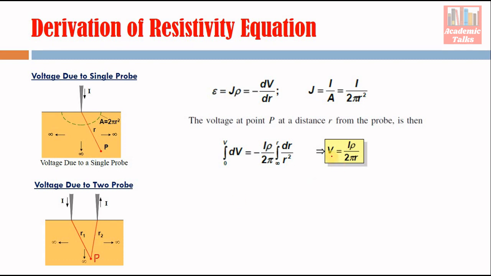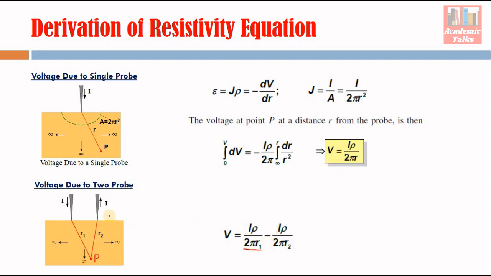So from this equation we know that potential at any point will be given something like this. First we will calculate potential at this point because of the first probe, then because of the second probe, and then we will add them together, right? And this equation will be something like this. So this is because of this first probe. You see R1, and R1 is here. So you see here there is a positive sign.